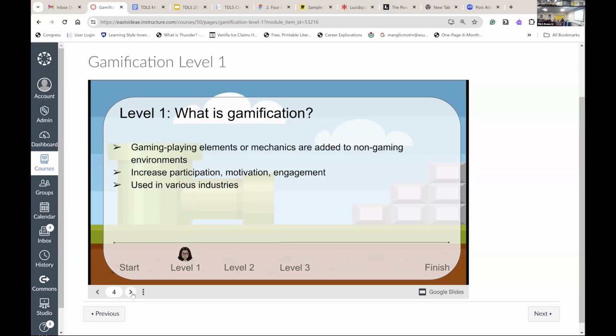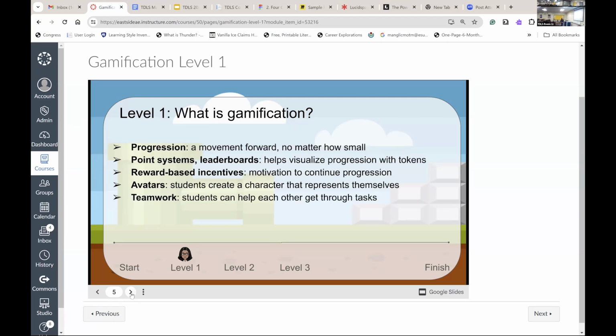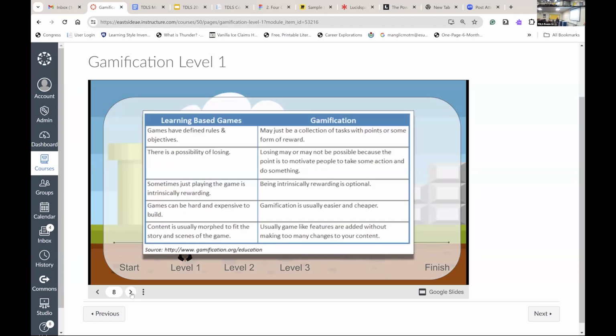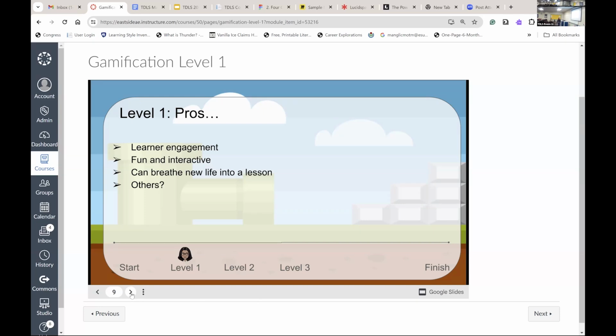So for gamification, of course, you have different levels. Level 1 is the introduction part. Lots of information, because this is Google Slides and they won't be able to just be in the physical presentation. You have to put as much information as you can on the slides, or you could also add audio. You can add audio into Google Slides so that you're lecturing while the slide is playing. Visuals, of course, I added those, since I was trying to get at least an hour of interaction here.